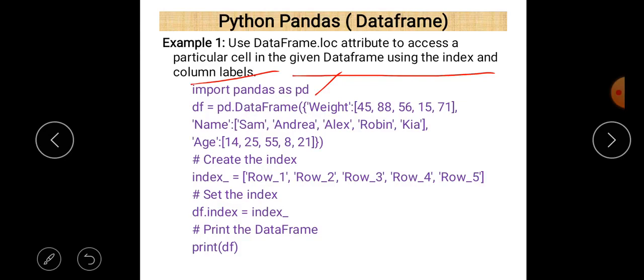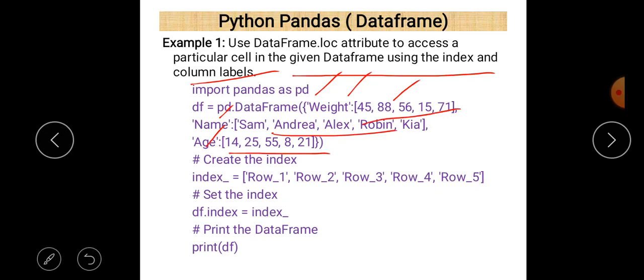So there is a data frame, and this data frame is created using a dictionary here. The column names are weight, name and age, and the values corresponding to the lists are values related to weight, name and age.